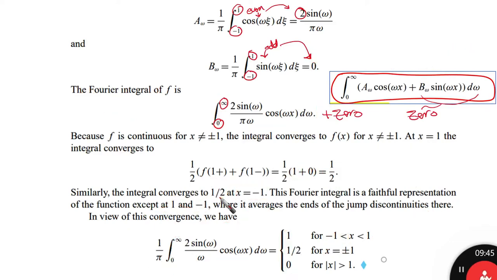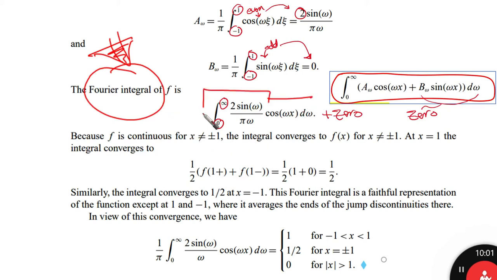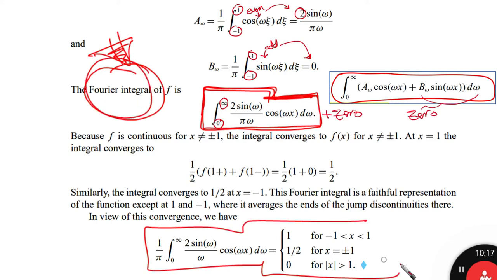Okay, so this is actually the whole story of this example. Okay, let's clean everything. So that's the end of it. And remember, as I said, that at the end we want to find the Fourier integral, similar to what we said before for the Fourier series, for the function that we are dealing with. And we found that this is the integral that is going to represent our original function. And then we tried to find the relation between the integral and the function itself, and we ended up with the convergence of the